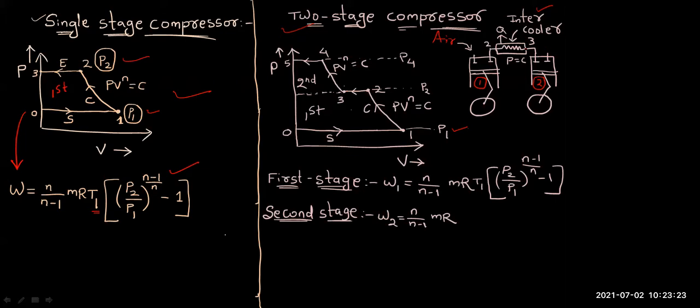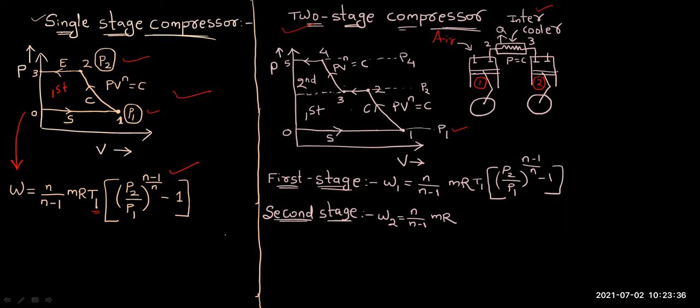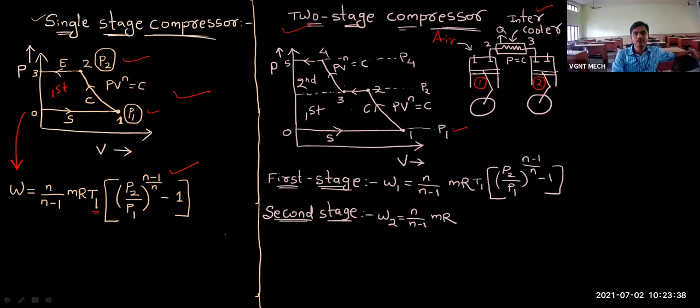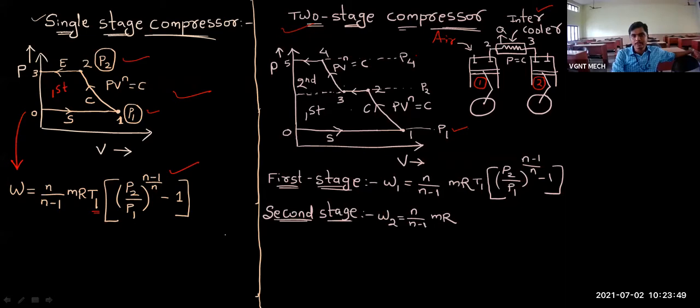After that, we supply that gas to the second cylinder, where it will be compressed to high temperature, high pressure. So point 3 to point 4, here we follow the equation PV to the power n equal to constant. We compress it to point 4 and then it is supplied to the air container at constant pressure. So you can see three pressure lines. This is the lowest pressure, that is P1. This is the highest pressure, that is P4. And this is the intermediate pressure, that is P2.